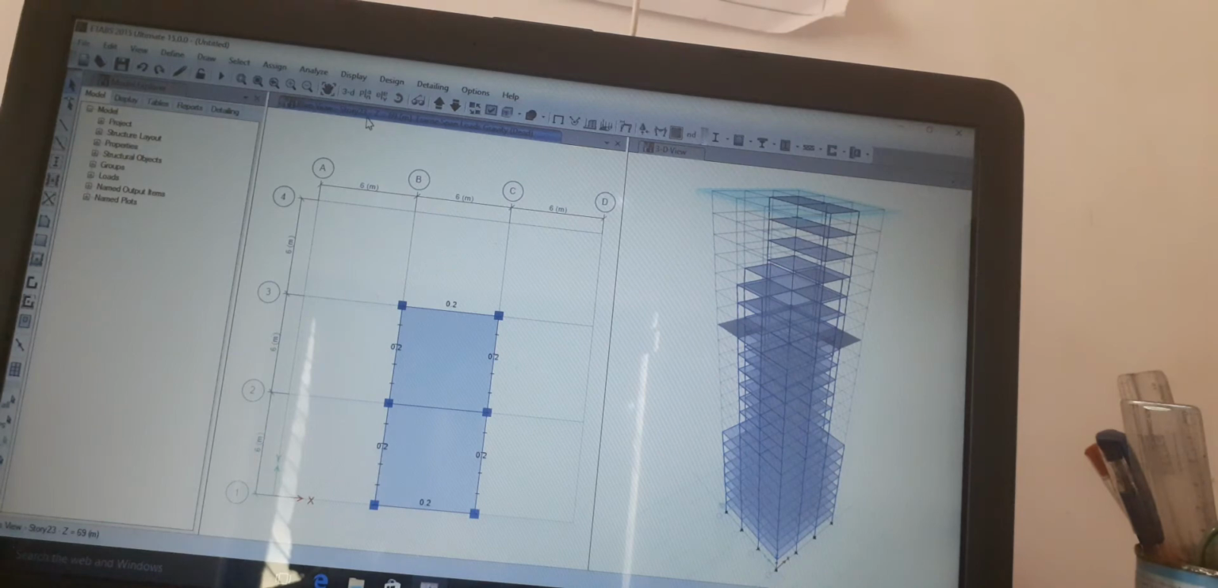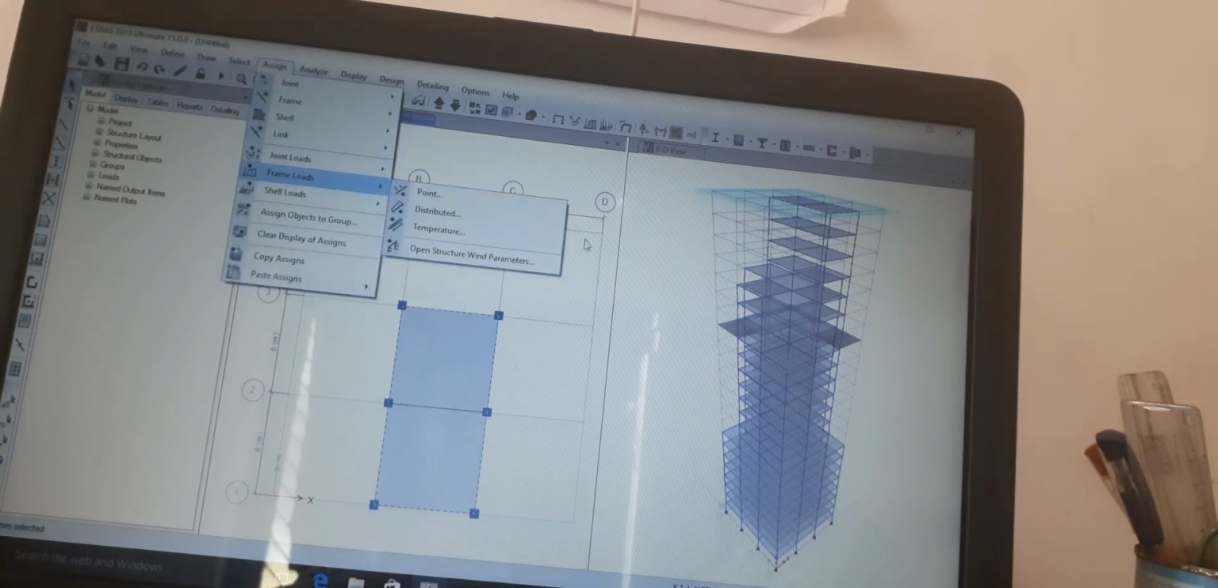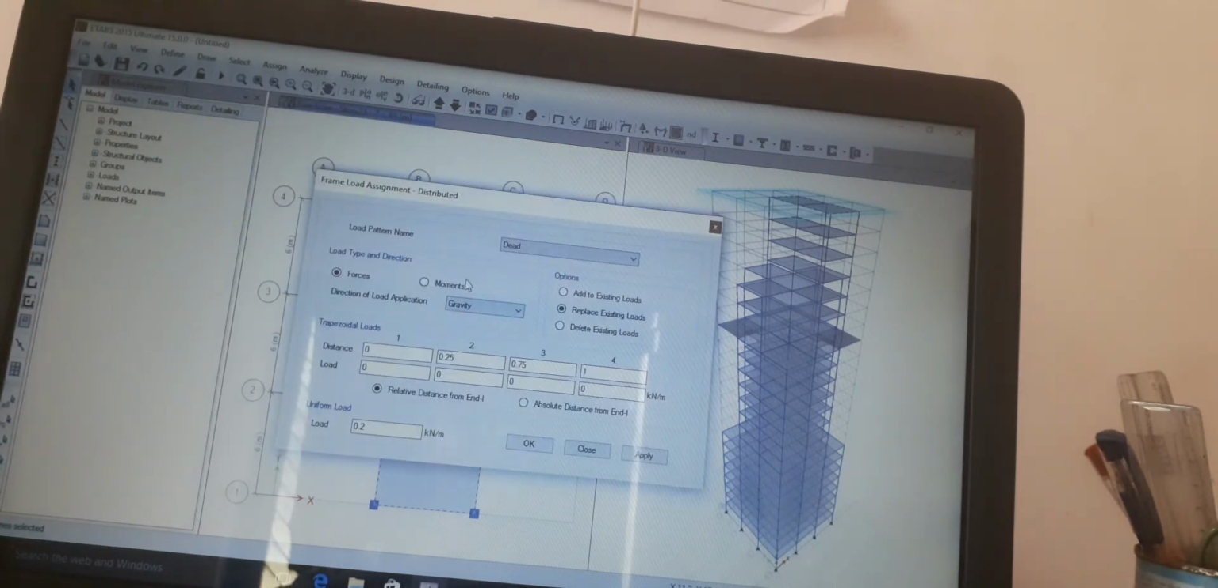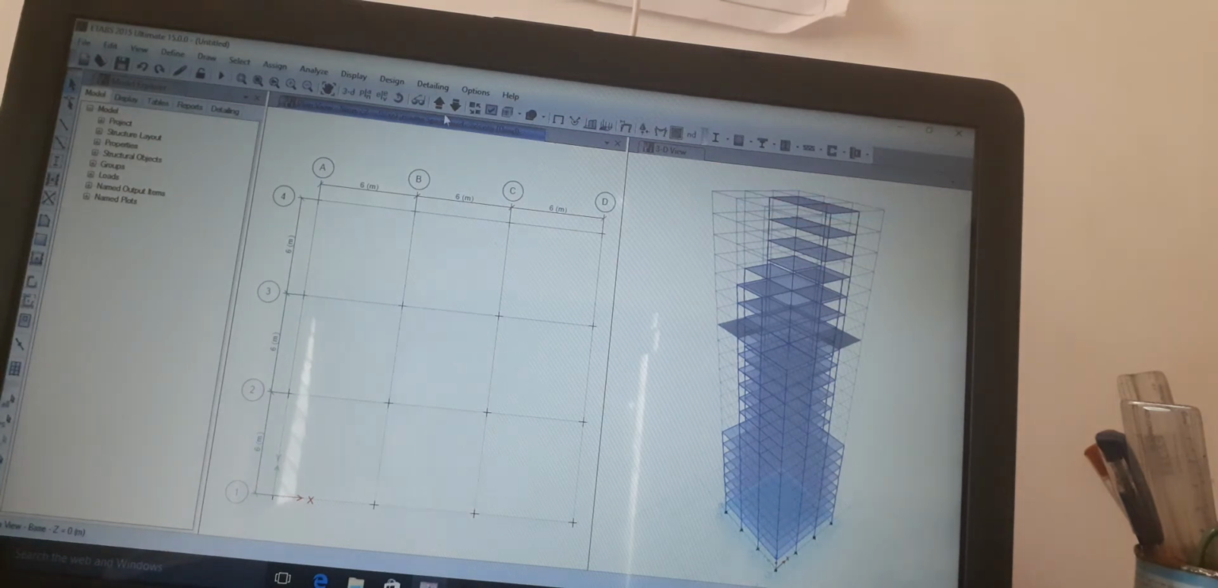We have to go to story plan 23 and display similar story into one story. Select, we have to select the 6 frames and assign menu. Here we have to give the option to delete existing load, apply, OK. Then we have to go to basement, set 0. Here displacement is